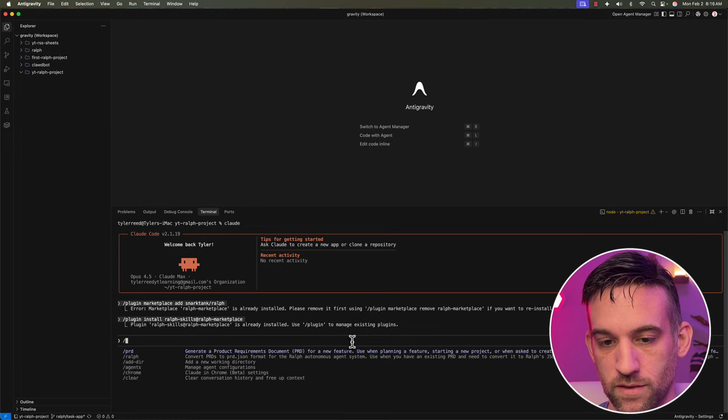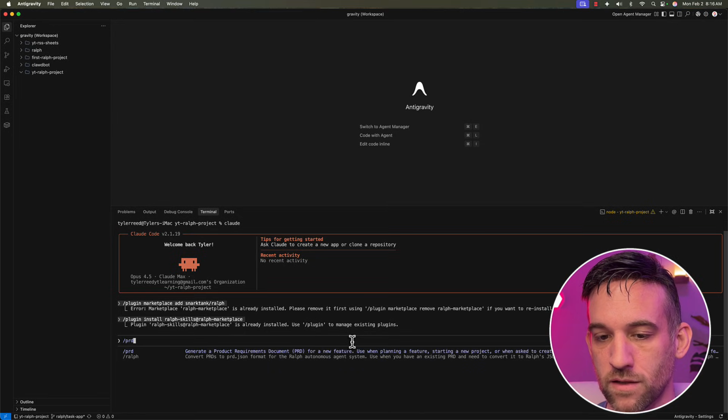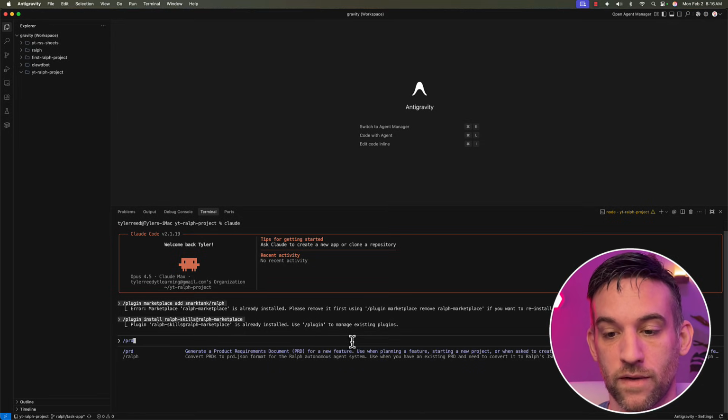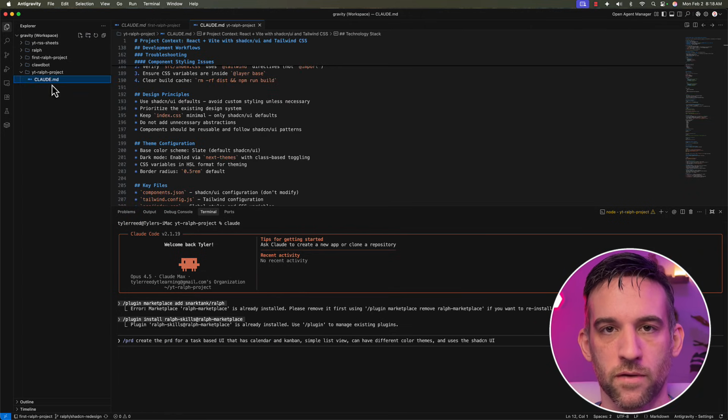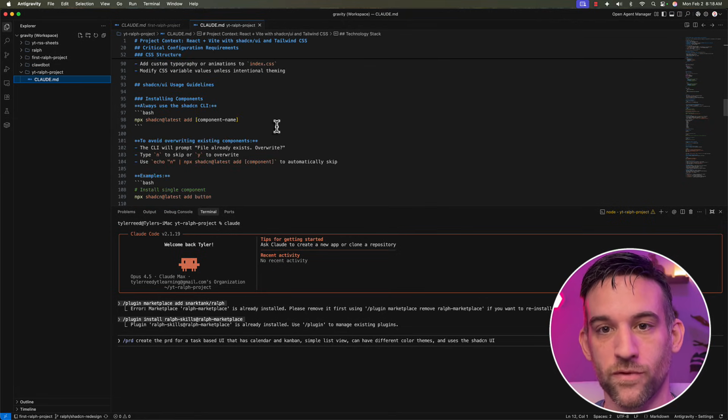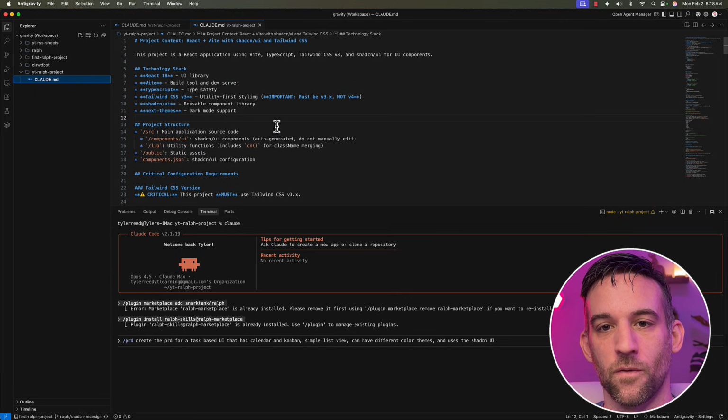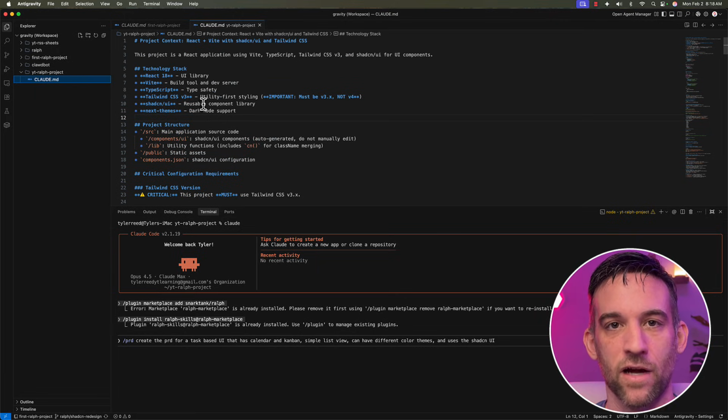Now the first thing we need to do is type /prd, and this says we need to generate a PRD document. So basically, we need to give it like, what are we actually building today? Okay, I also have a Claude markdown file real quick that you can import here. This is for the shadcn UI styling that I have created, and I kind of iterated over because I was having issues with it. So there is like version stuff that this will take care of